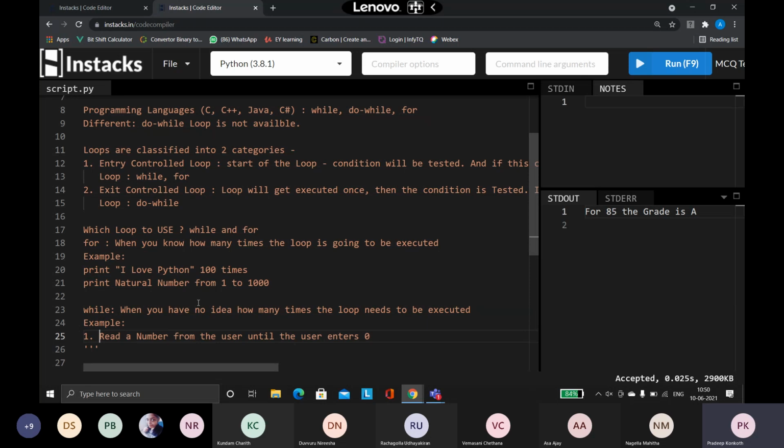And this has to keep on going. Every time you have to say, enter a number, enter a number, enter a number. Until when? Until the user gives 0. Once the user gives 0, the loop has to stop.